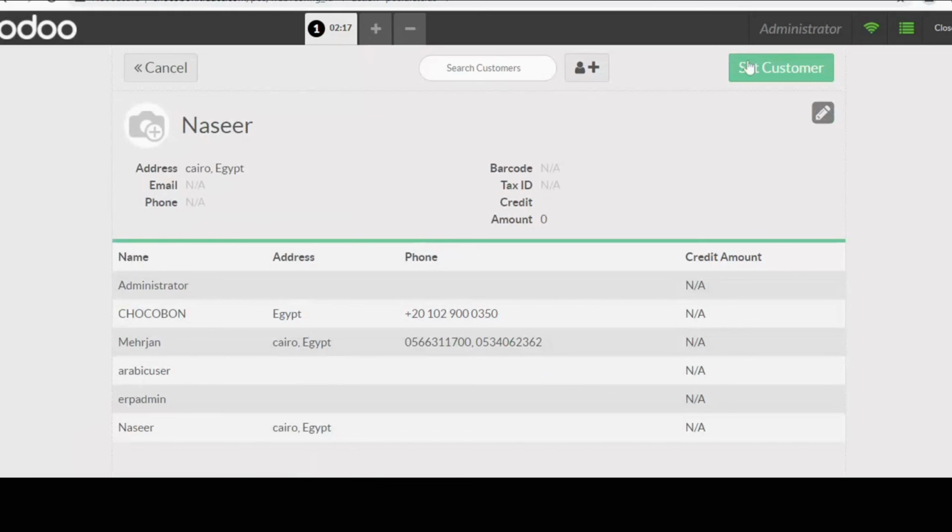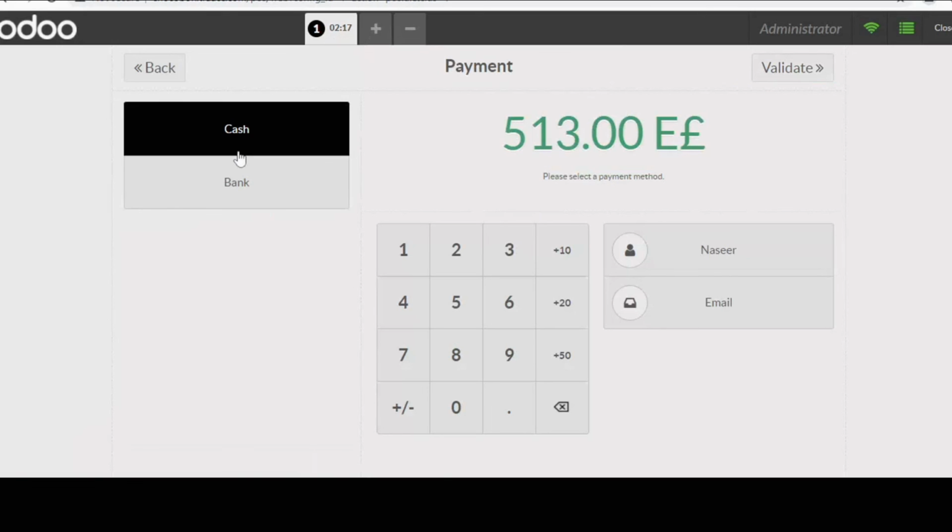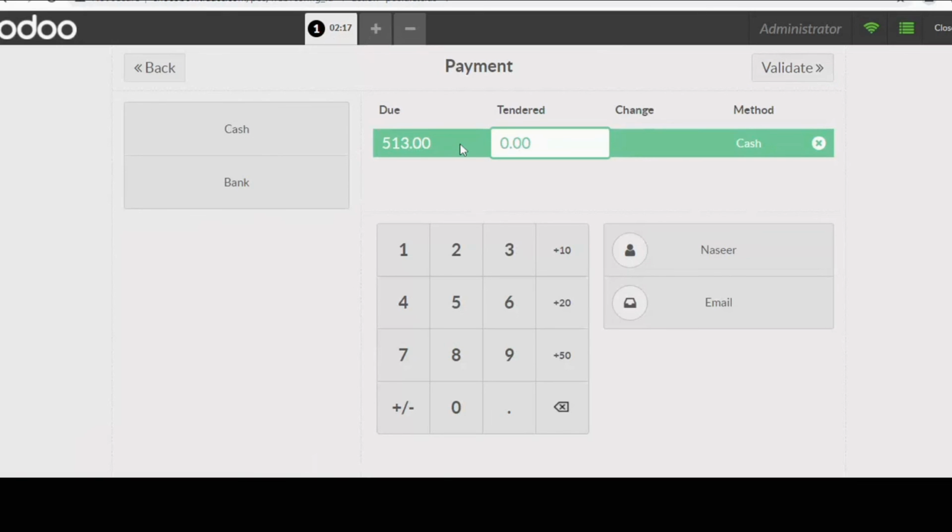You can set a customer, and the next is the payment method, cash or bank. I choose cash, and from here we can enter the amount manually. You can see the customer name.